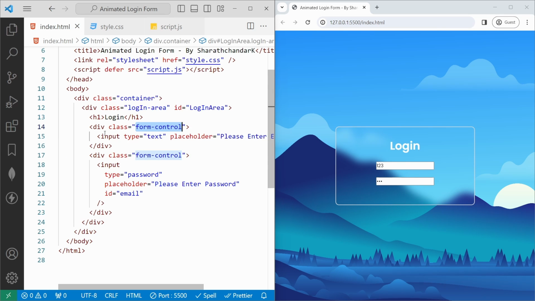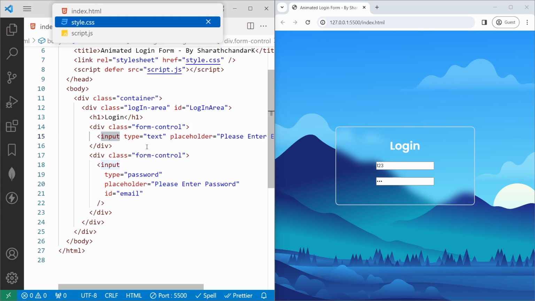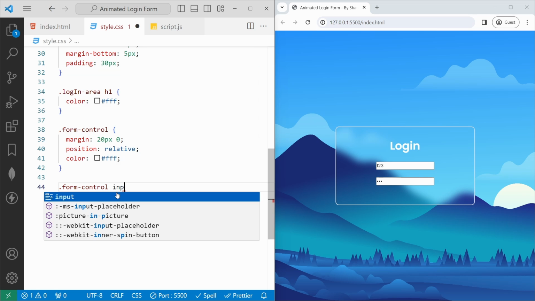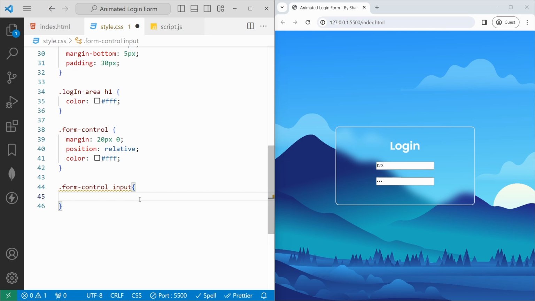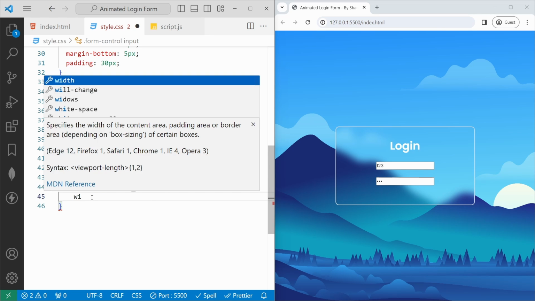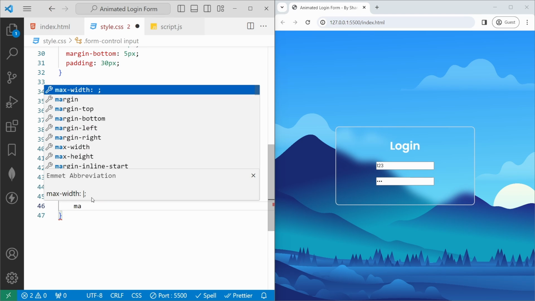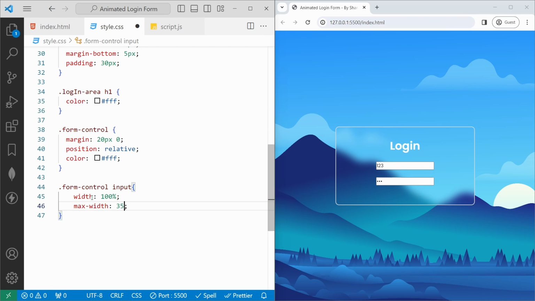Now we'll add the styles to the input class. So for that, again I will jump into the style.css for the same form control input. If you add these styles, it will be applicable to all the input boxes inside the form control. So for that, I will add the width of 100 percentage, and then I will set max width to 350